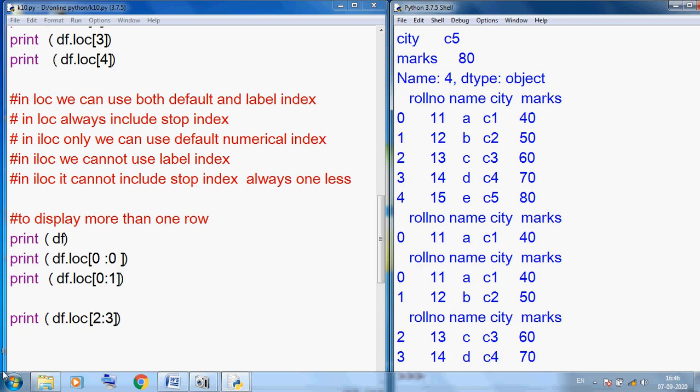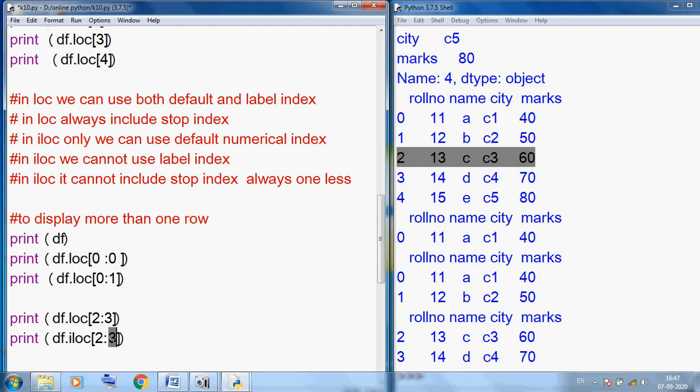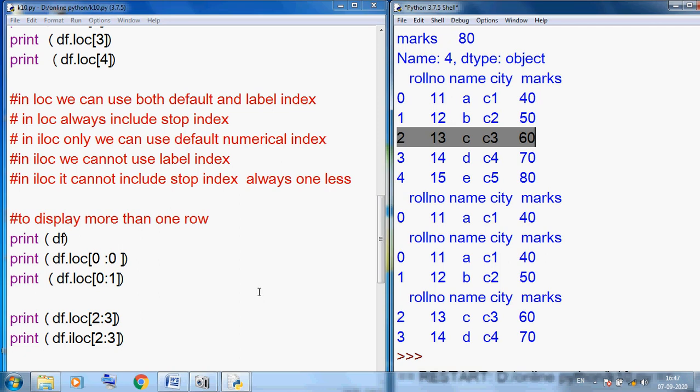But if I use iloc instead of loc, you can compare the result. If I use iloc, it will start from 2, but the stop index will not be included, always one less. So start from 2 and stop at 3 gives only row 2. This is a limitation: it does not include the stop index, always one less. Control S, F5.